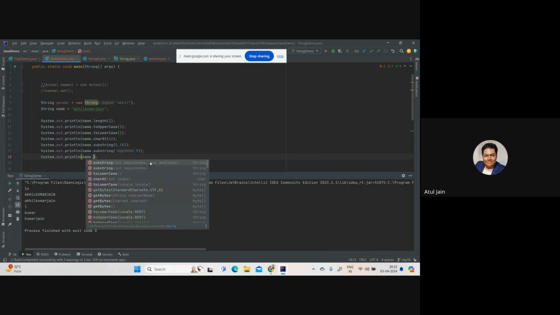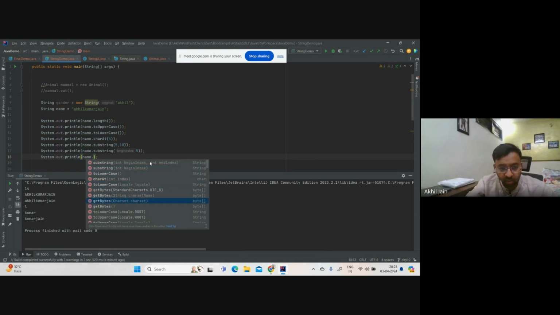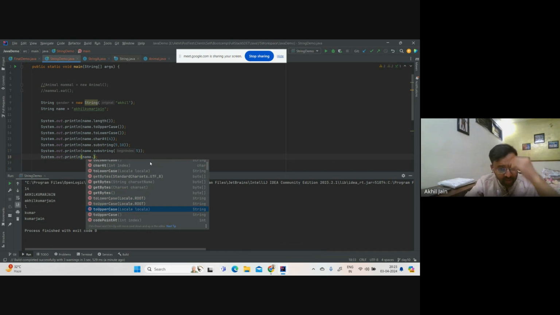Equals ignore case, yes, I'll cover that part. Compare to, you can ignore. Concat is another method I will show. Contains is another method. Content equals, okay, let's leave that part. Concat, contains, okay, we'll talk about these two. Ends with we can ignore. Equals and equals ignore case. So four methods: concat, contains, equals and equals ignore case, index of,